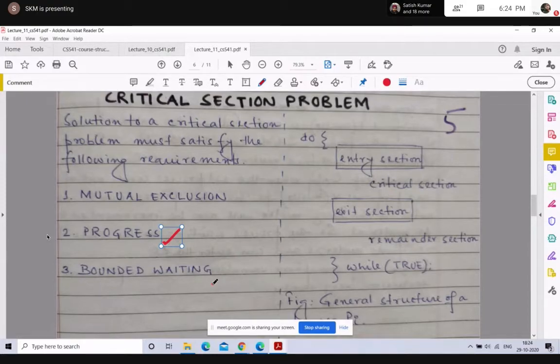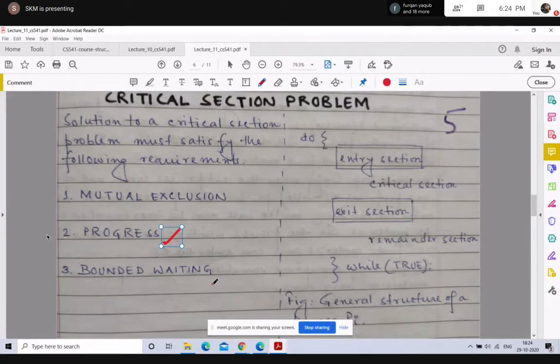I already talked about it once more. If I have n processes, P1, P2, P3 to Pn, then only one process can be allowed to enter the critical section and the rest have to wait. When this process finishes execution, the other processes will be allowed to enter. This is mutual exclusion.